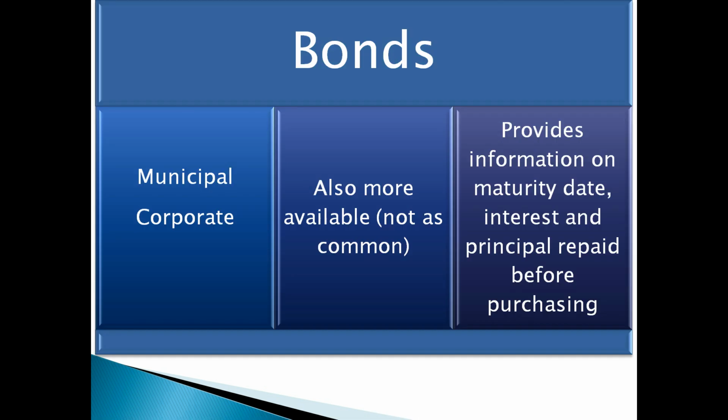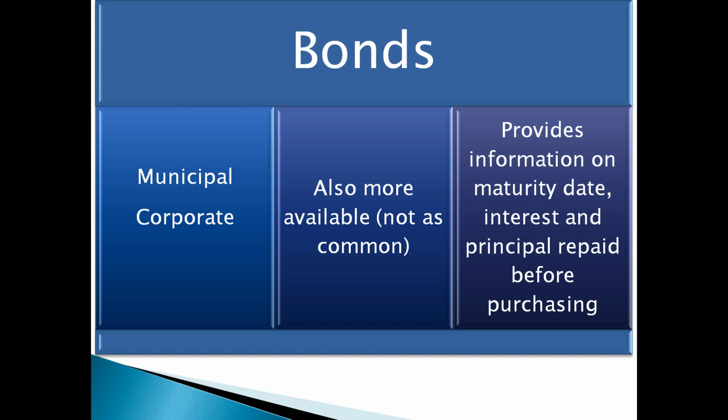Another investment type we have is bonds, available at any trading broker. There are many different types of bonds. Cities and states can issue bonds, called municipal bonds, and corporations can also issue bonds, known as corporate bonds. When you buy a bond, you act as a bank. You lend the company, the city, or the state your money and receive interest on your investment at the maturity date.